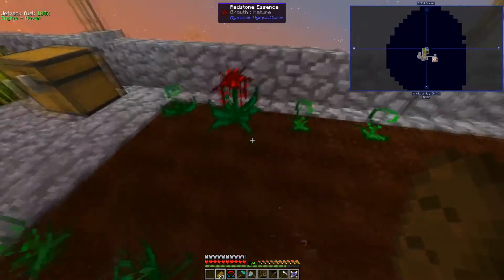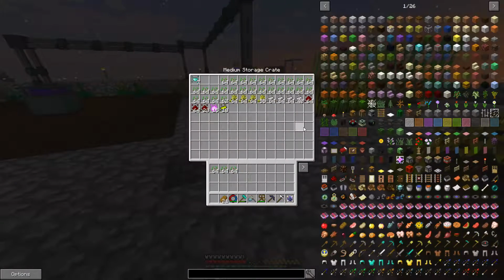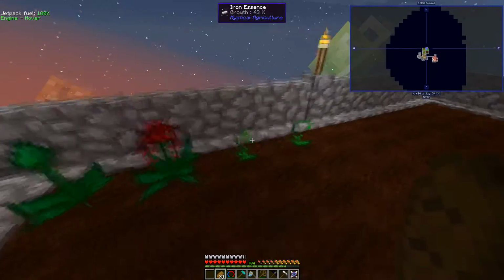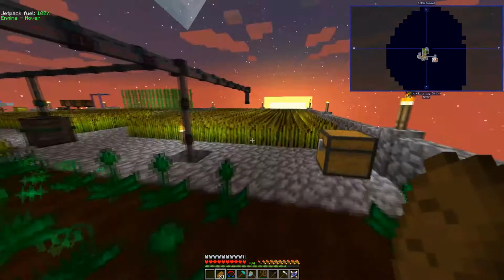Moved my crops over here. Gone ahead and pulled out the seeds for, I think I've already taken the stuff out of here. Pulled out the dirt and the wood seeds. I had a bunch of essence for those already. I don't think I'll need a whole bunch more, at least anytime soon. So I went ahead and just pulled those seeds out. And I've actually gone ahead and created a diamond seed. To do that,